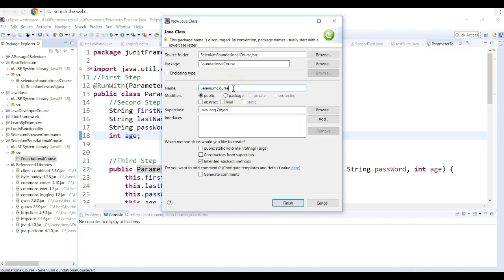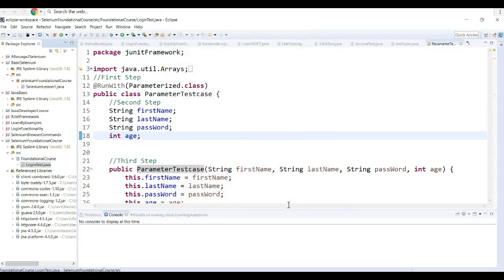Or we can name it maybe login test. Okay, then click on public static void main string args,